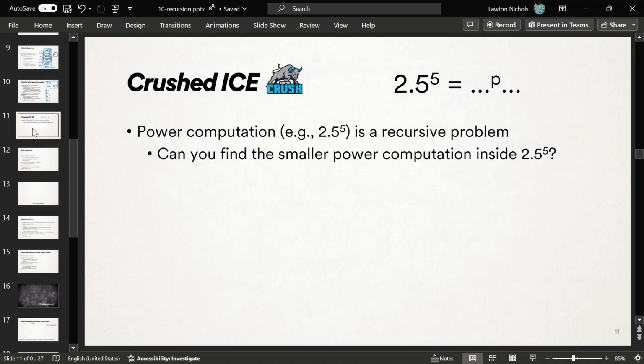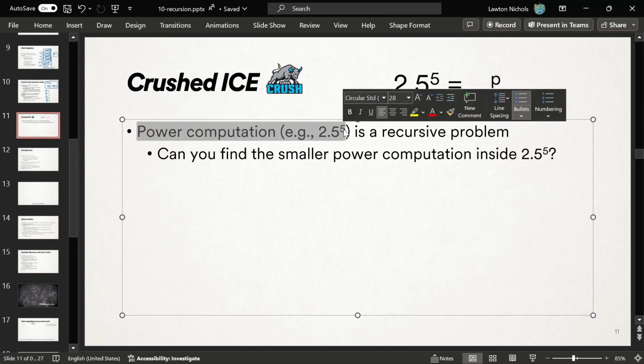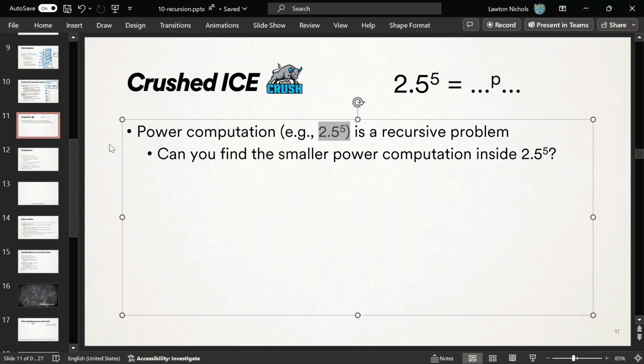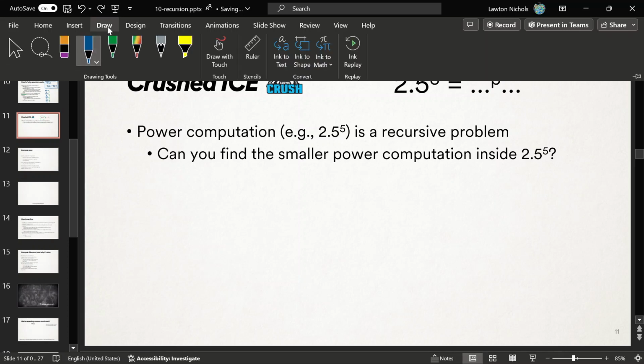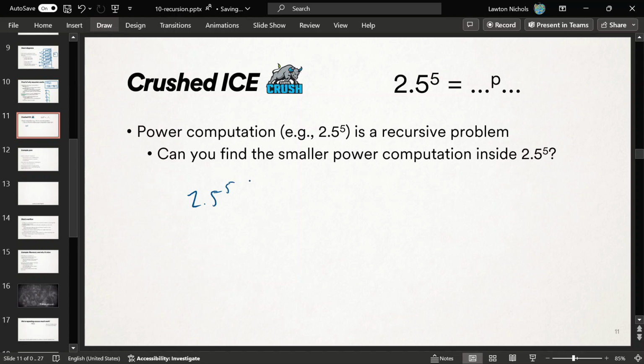So here's another example for you. I claim that computing a number to an integer power is a recursive problem. So let's say I'm taking 2.5 to the fifth power. That's equal to 2.5 times 2.5 times 2.5 times 2.5 times 2.5, right? We can do this together as a group. Where can you find a smaller power computation in here? Yeah? 2.5 to the power of 5 is just 2.5 to the power of 4